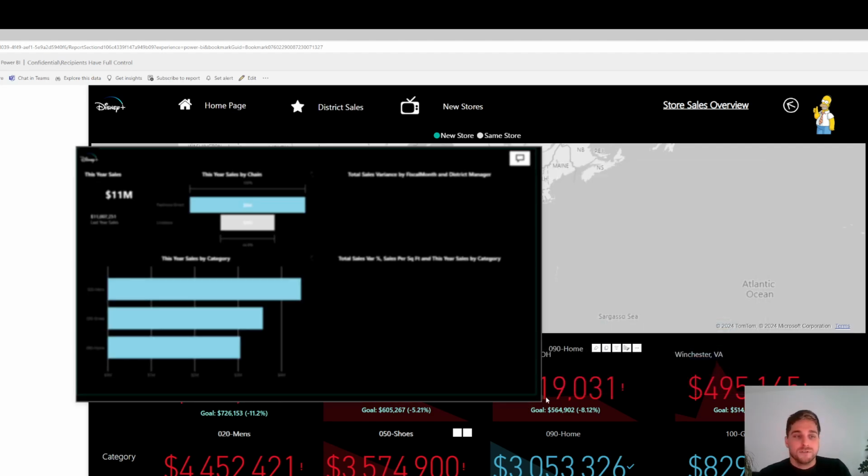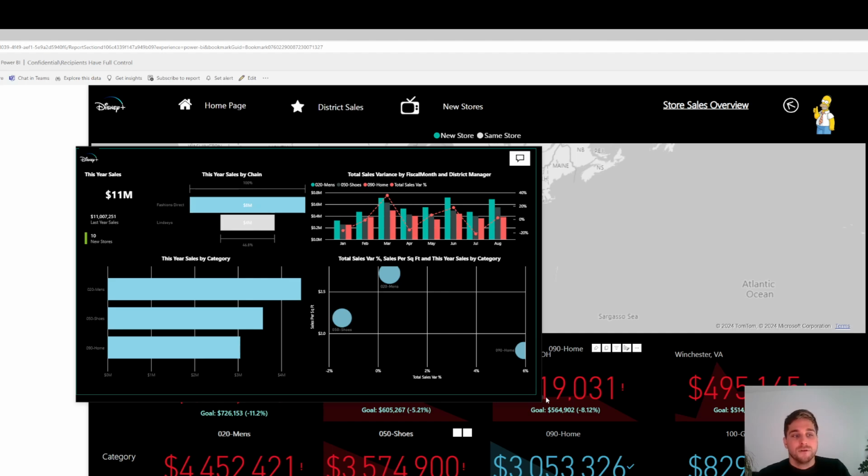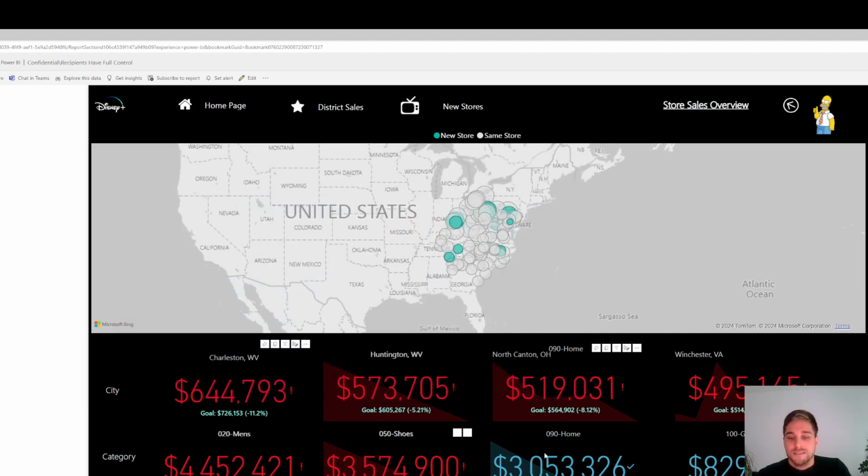And we can see different analysis for different categories, for example, for the top 4 categories like men's shoes, home, or groceries. We can see some of them are below the goal, or some of them, like home accessories, are already above the goal with the blue color.